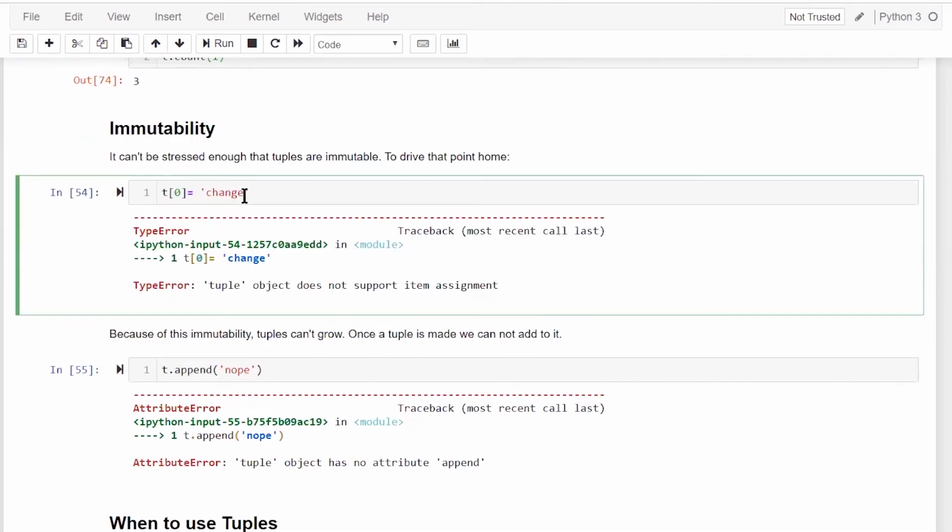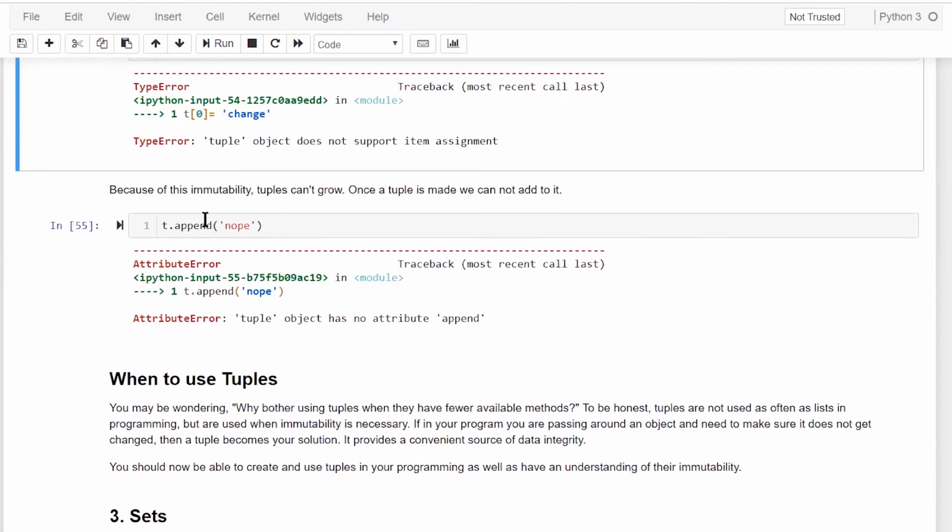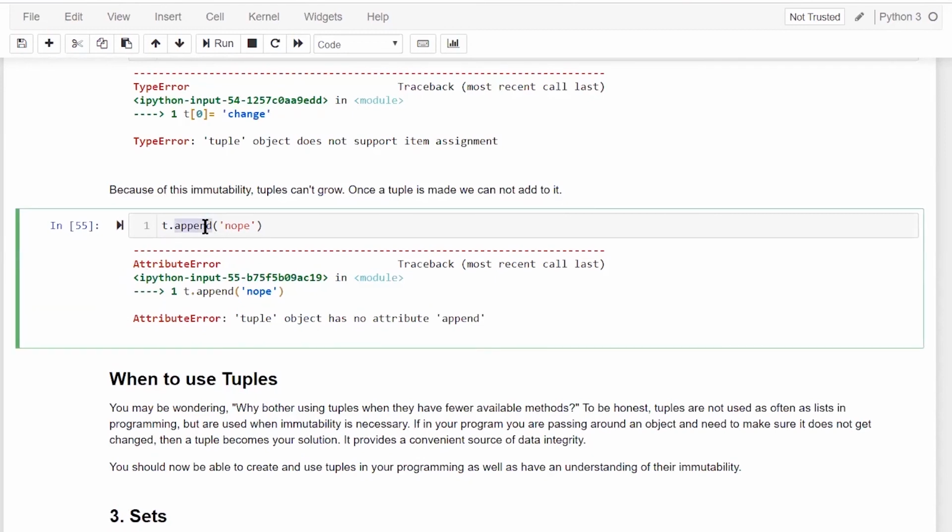And then how are tuples different from a list? In a list we can change an element, add an element, remove a particular element, but in a tuple we cannot do that. So unlike a list where we are able to do this, we cannot do this in a tuple. We also cannot call the append method, because it violates the basic definition of a tuple.